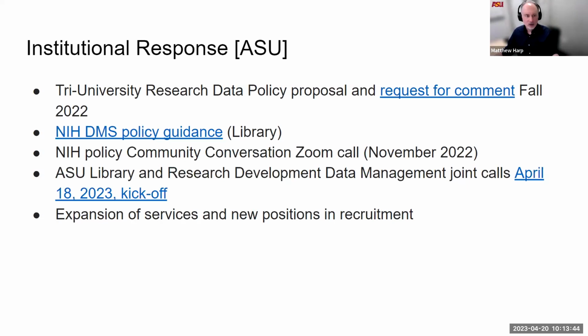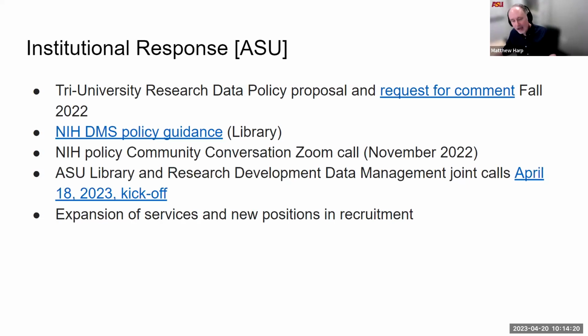In addition to that, as Jerry mentioned, the U of A put out a hub page, and we used that work. We worked with Fernando to extract what they had done, that scaffolding, and we created our own NIH data management and sharing policy library guide. That's really been a great place to send folks when they just have some basic questions about the NIH. It walks folks through the things they need to be thinking about at a very high level, but also provides an opportunity for them to connect with us if they have questions or if we need to do a consultation. It's just a great place to triage things, I guess you could say.